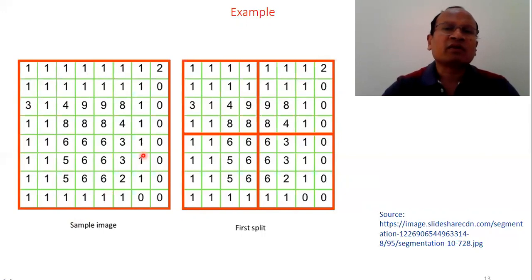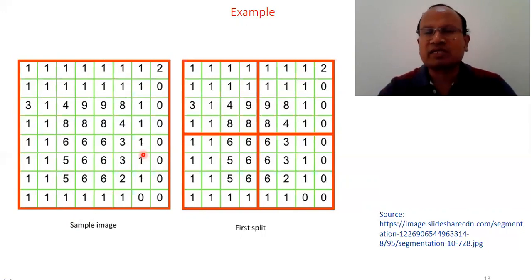We know that when an image is stored in a computer, it is always treated as a digital image, because all the values stored are represented in the form of a matrix, where all the elements are grayscale values. So these are discrete values. In the first split, you can see that it has been divided into 4 equal parts. So this is the first step.